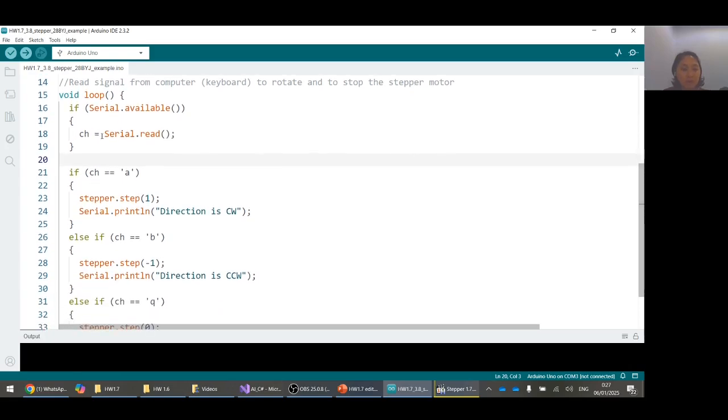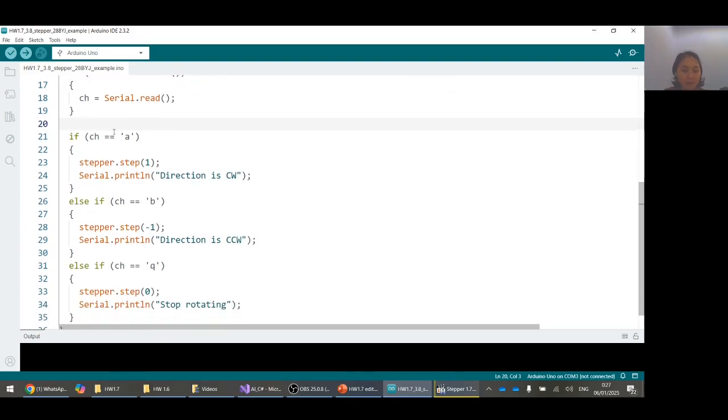This is for reading the signal from the computer keyboard to rotate and to stop the stepper motor. You can see in here, this is for reading the keyboard character.